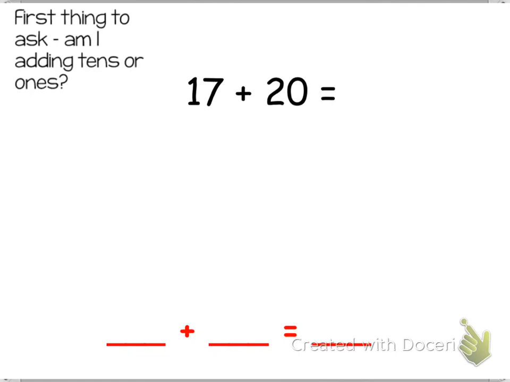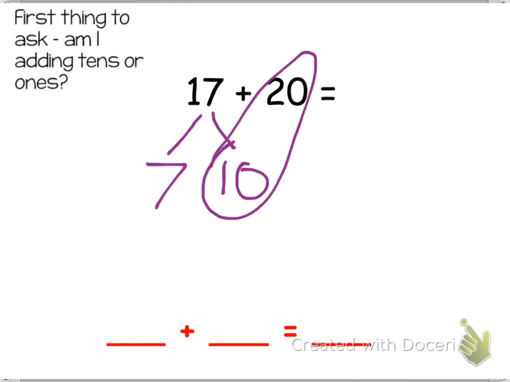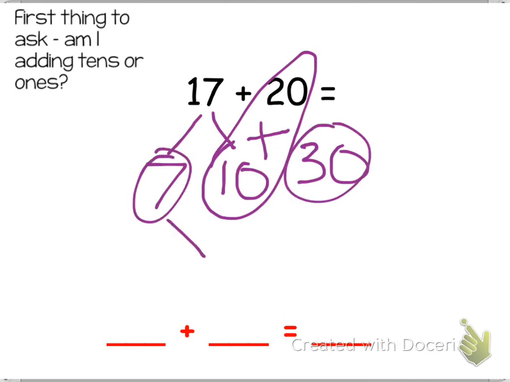So now looking at this, 17 plus 20 equals blank. What I'm going to do is break apart the number that has tens and ones. So I know 17 has 10 and 7, the 10 way. Now I'm going to add like units, so I'm going to add tens because 20 has no ones. So 20 plus 10 equals 30. And now I'm going to add 7 and 30 together